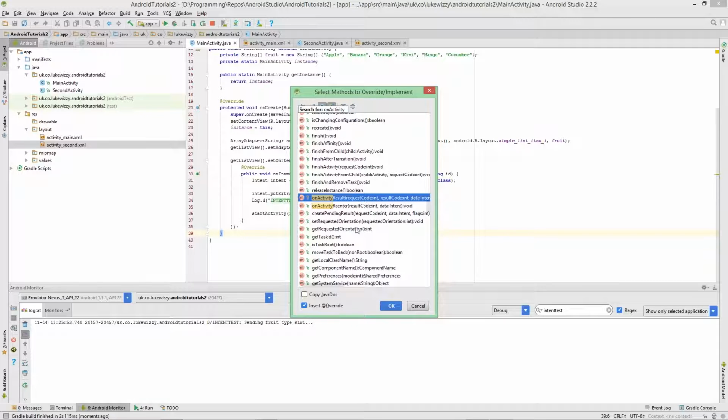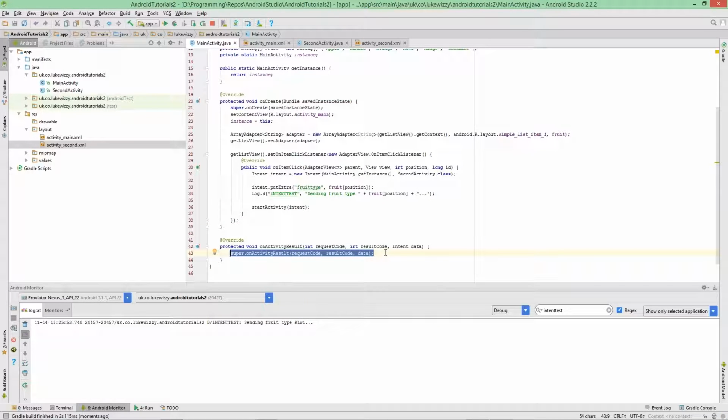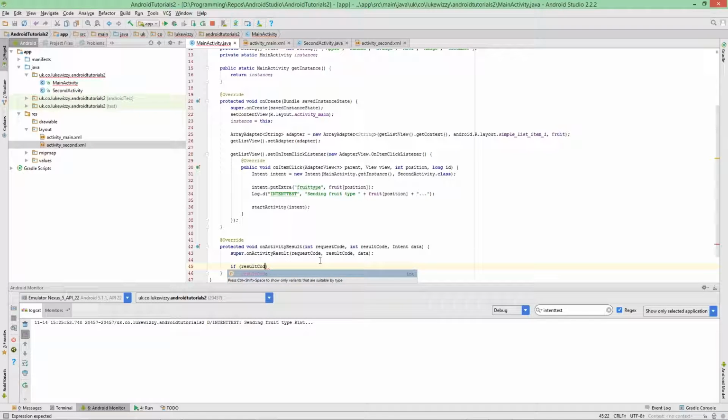Here you go. This is what happens when it comes back from an activity with a result. So we're going to leave the super there, because that's what's meant to happen anyway. But we're now going to check what the result code is. So we are going to check if result code equals 1, then we are going to say,